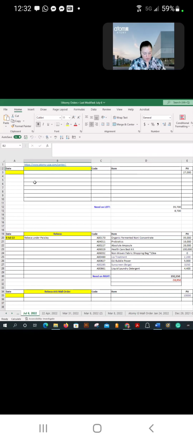If I'm trying to match a group order for Anacleta, I'll put Anacleta here, and I'll put Rebecca here, and I might put that's an ATG malt order separately. But what happens is when you put in these orders, it automatically calculates how many PV they have. And I'll put the date, like if I'm doing an order today, 8/23/22,